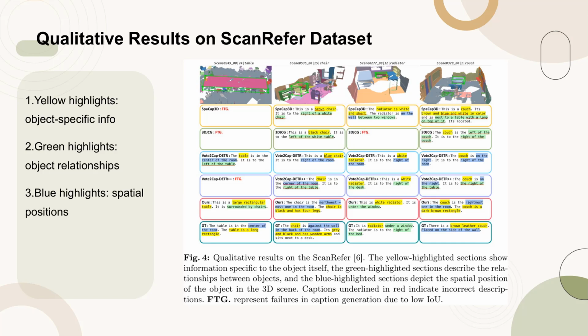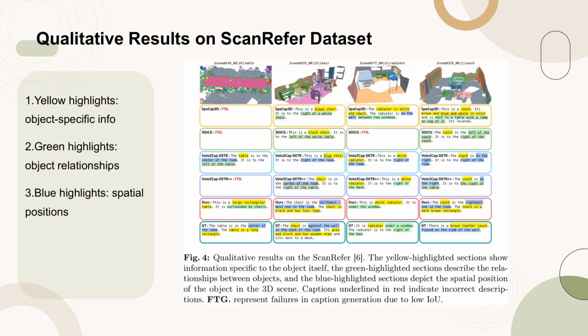Blue highlights focus on the spatial positioning of objects, indicating where objects are located in the 3D space. Captions that are underlined in red signify incorrect descriptions, while FTG denotes failures in caption generation due to low intersection over union, IoU, scores. This figure effectively demonstrates the model's capability to capture detailed and contextually relevant information about objects and their relationships within